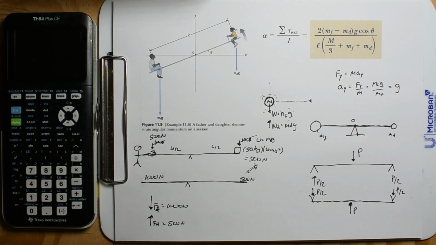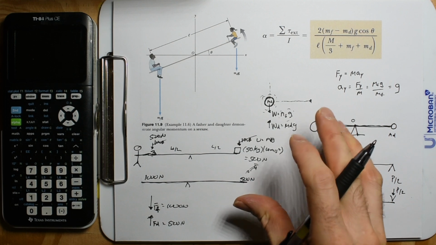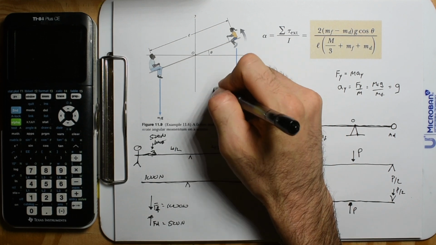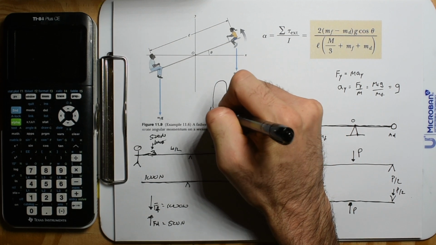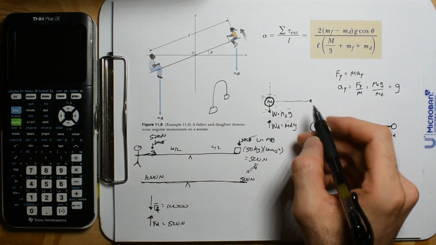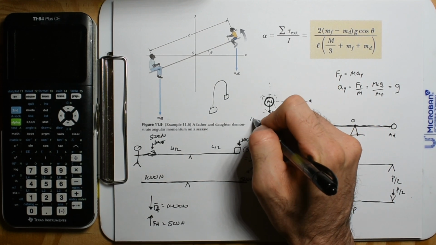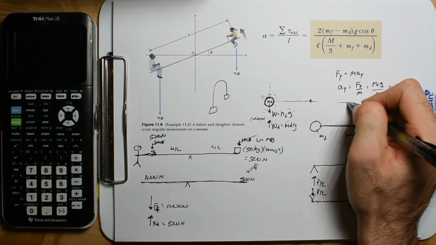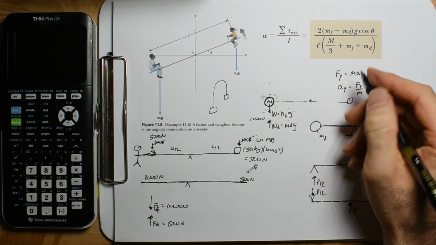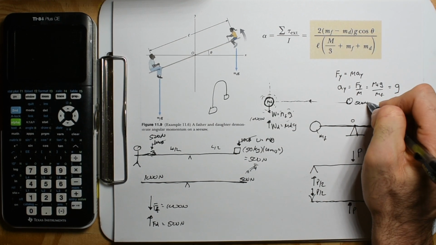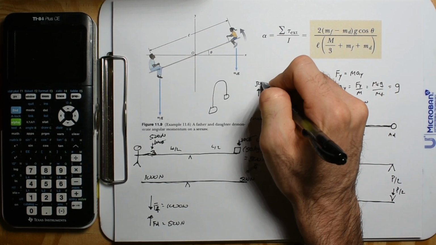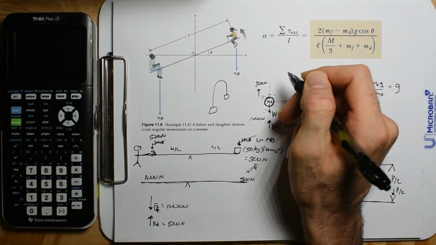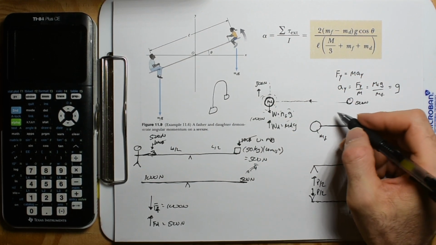Now this scenario brings up the same problem that we just had with the pulley. Sure, you can do this and say, hey, I have 1,000 newtons down, and then over here is something leveraging me up. That's 500 newtons, so it feels like I weigh 500 newtons less. But now when we want to figure out